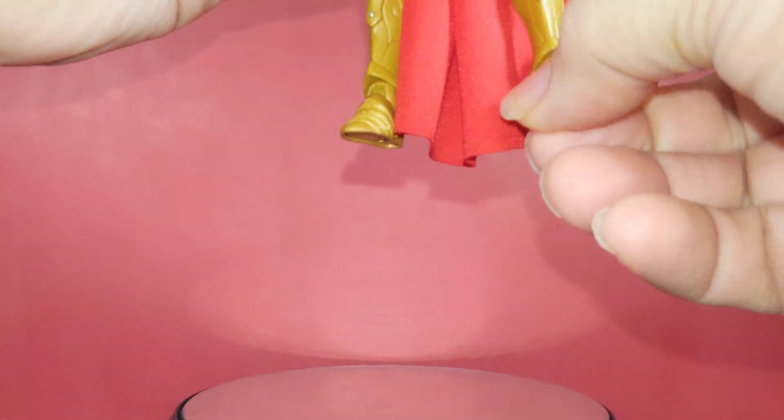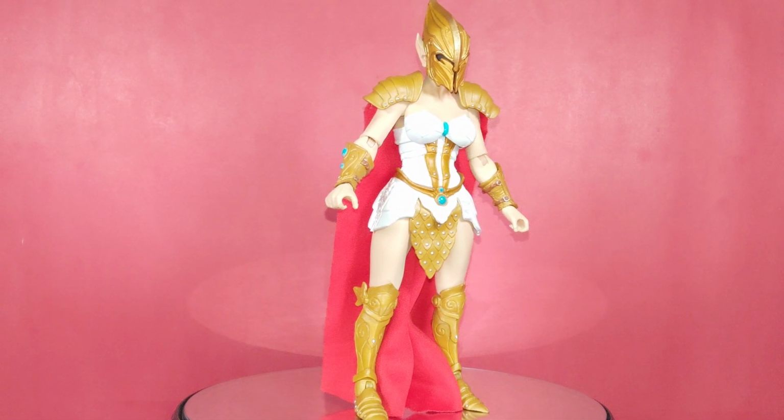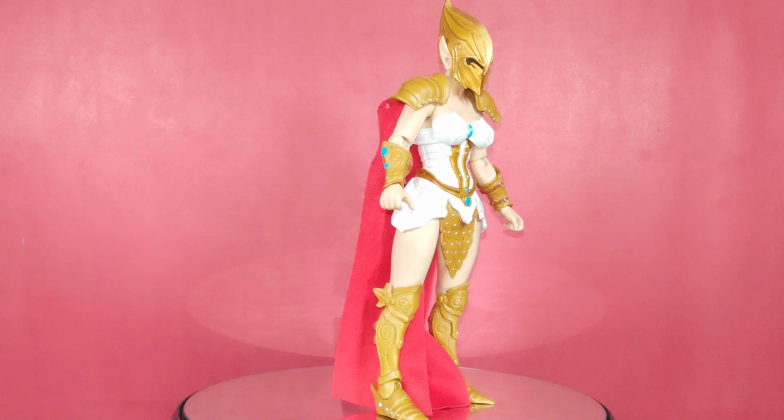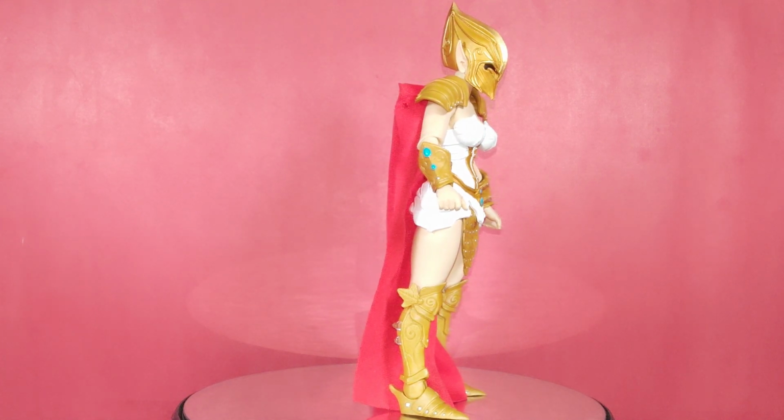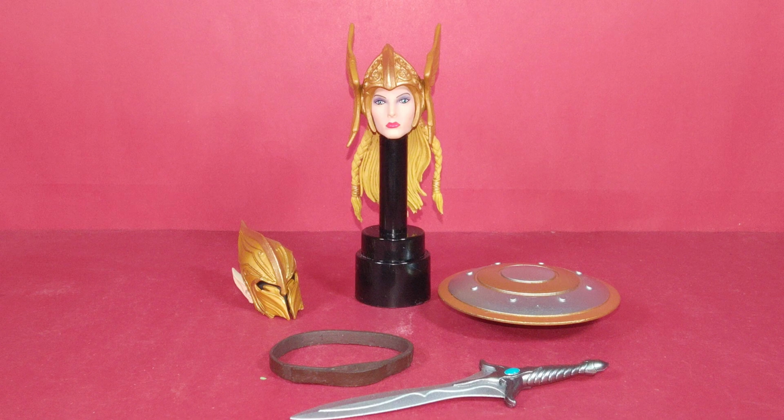So let's put her back on the turntable over here, the figure turntable. And what we'll do next is we'll take a look at the accessories that she came with and check them out. So sit there and I'll be right back. And here we are, guys. Like I told you,